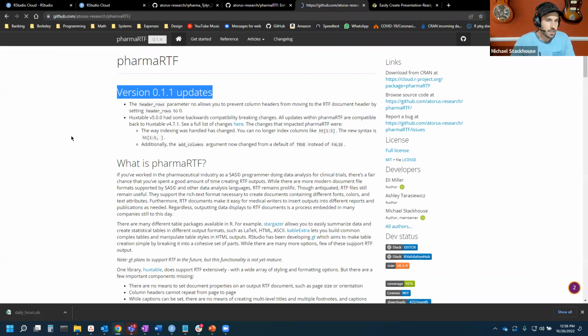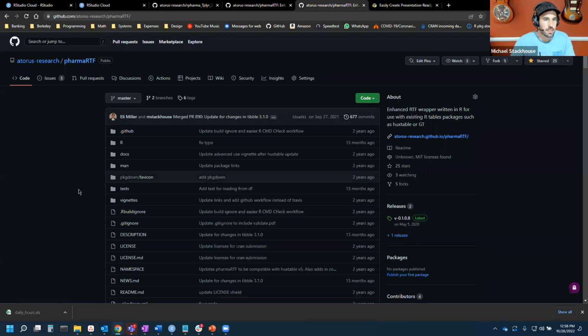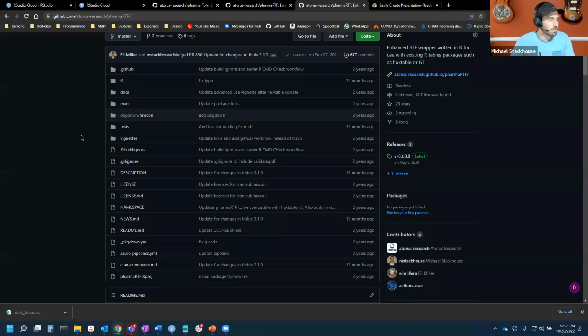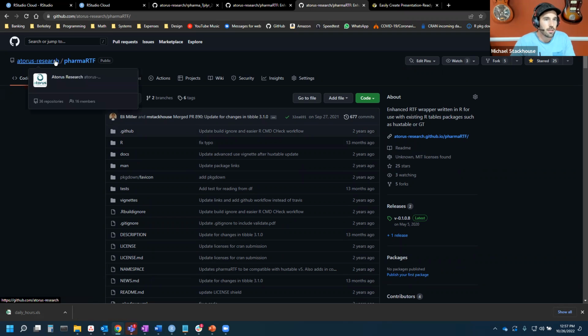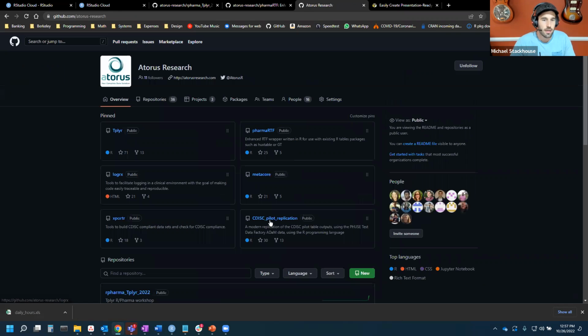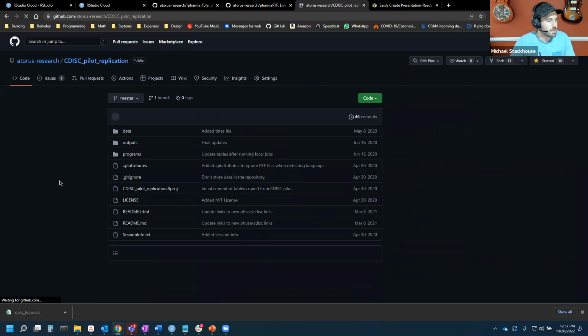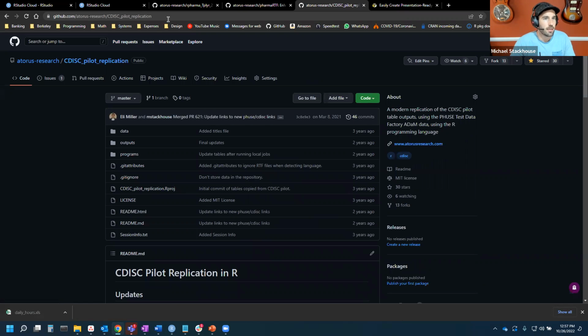The table library Huxtable to produce RTF files. And again, when we wrote Pharma RTF, that was back in 2020. It came out before tplyr did. So GT had not really yet supported Huxtable in totality, but Phil has been doing workshops with that to demonstrate using GT and creating